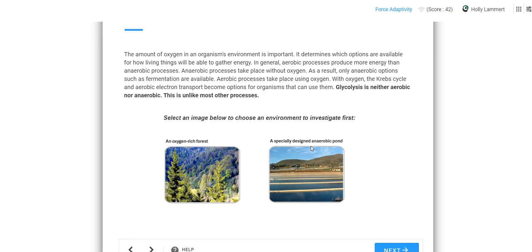Aerobic processes take place using oxygen. With oxygen, the Krebs cycle and aerobic electron transport become options for organisms that can use them. Glycolysis is neither aerobic nor anaerobic. This is unlike most other processes. That was kind of a confusing paragraph, but